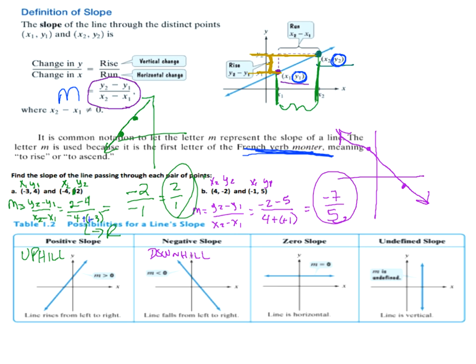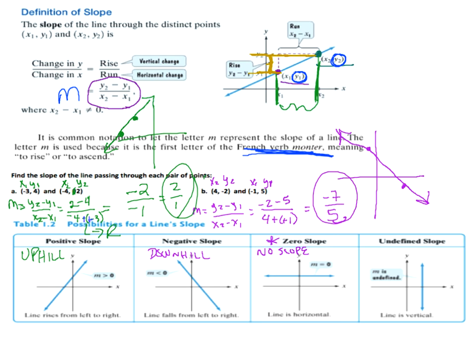Zero slope means I have a horizontal line. This is also stated as, and this is confusing, especially because of what the last one's called, this is also called no slope. I'll never refer to it as that because that seems confusing, and calling it zero slope has implications to its calculation. But some people do call the slope of a horizontal line no slope. And then we have undefined slope, which is vertical.